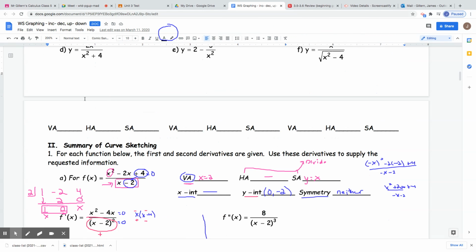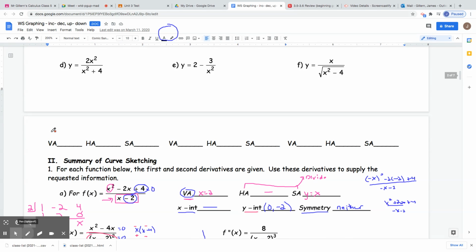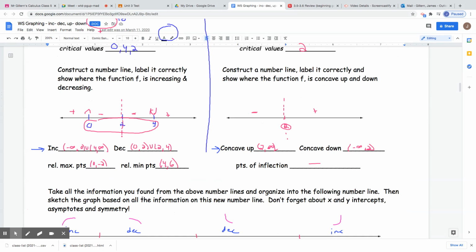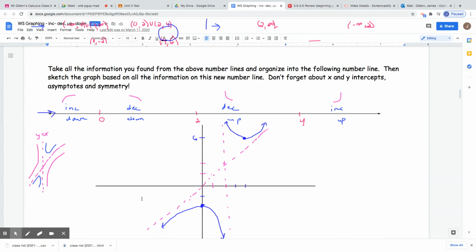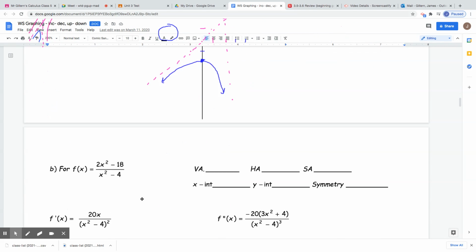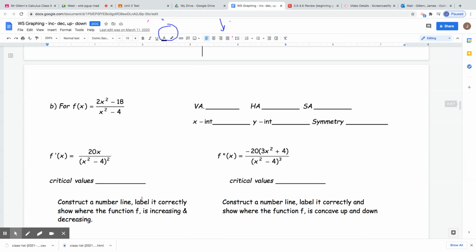The reason I said that is because you can see right here, section 2, summary of curve sketching. That's where I got section 2 from, capital Roman numeral 2. And then number 1, we just did A. You guys are doing B. So in the assignment, it says do section 2, number 1B. All right. And you can see you have fractions,